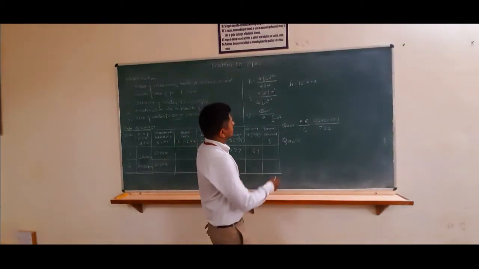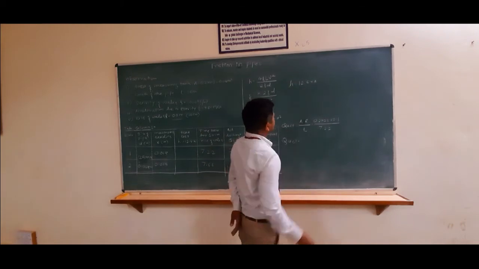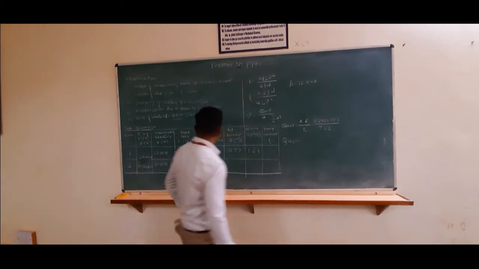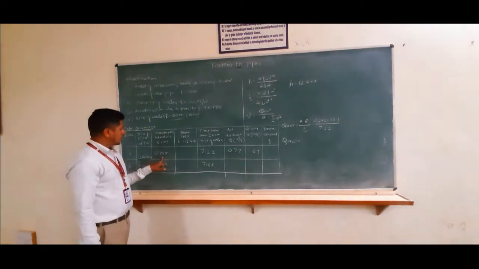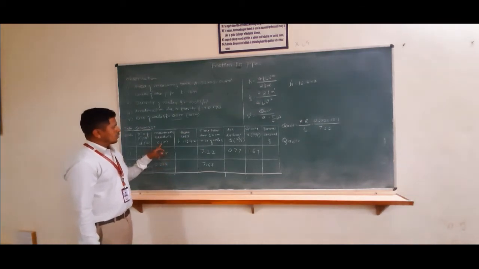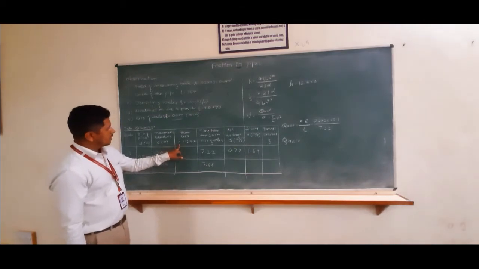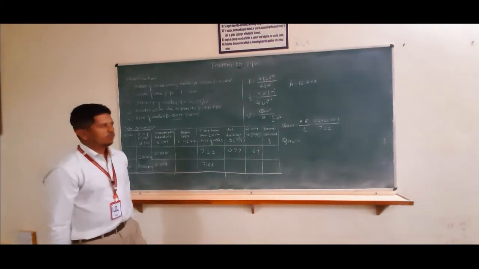And here there is one more formula to convert. So we have one more equation, that is h is equal to 12.6 into x. The x is nothing but the manometer difference. The manometer difference we are going to get from the manometer, and this difference is in terms of meters of mercury. So for that, you have to convert that meters of mercury into the meters of water.